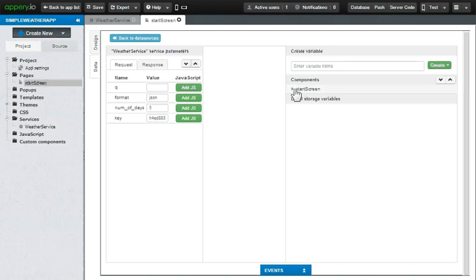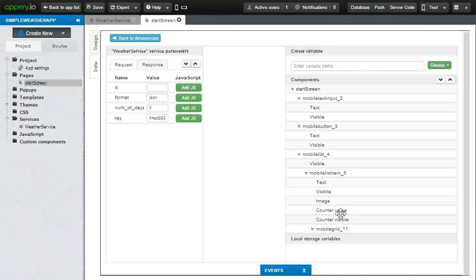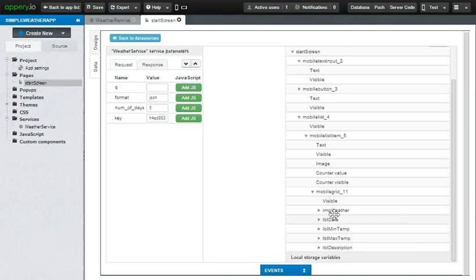On the right hand side, you can see the screen components in the form of a hierarchical tree. So you can see a start screen as the base, then there is a mobile text input, then there is a mobile button, and finally a mobile list. The mobile list itself has an item, and the item has the grid and the four labels and images that we named on the form. All those you can see as a part of the hierarchical tree of user interface widgets on the right hand side. Now let's come back to the request.